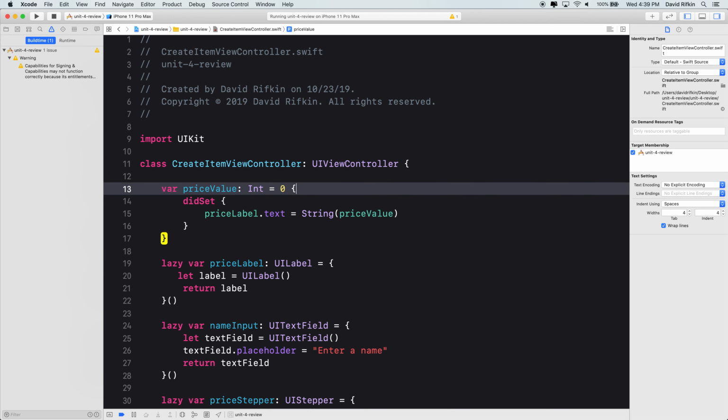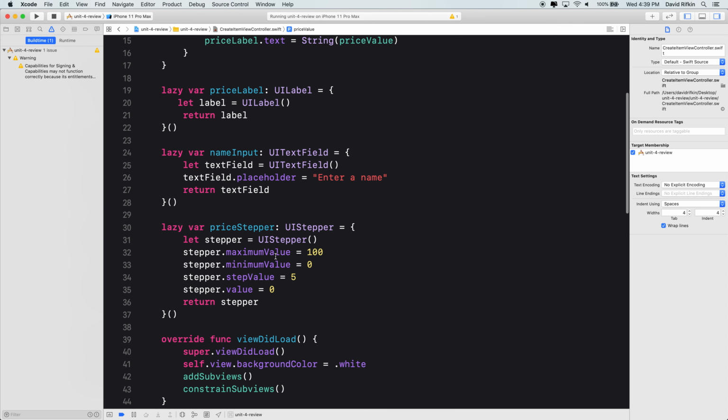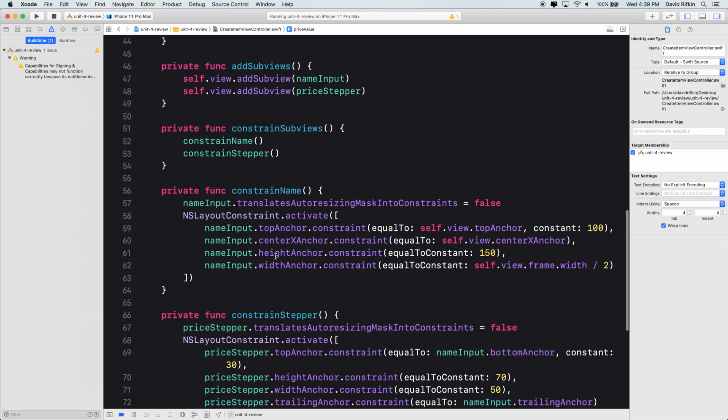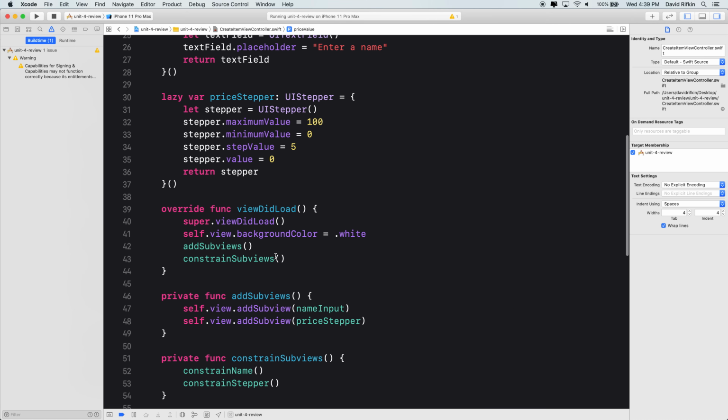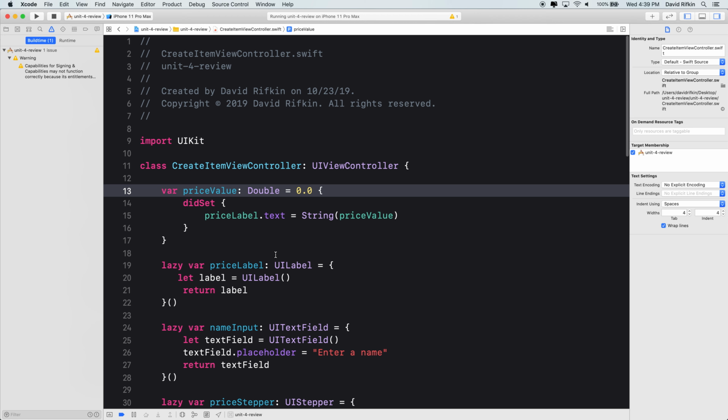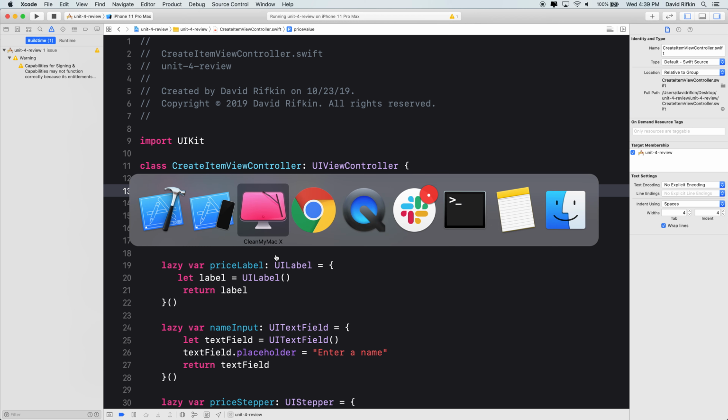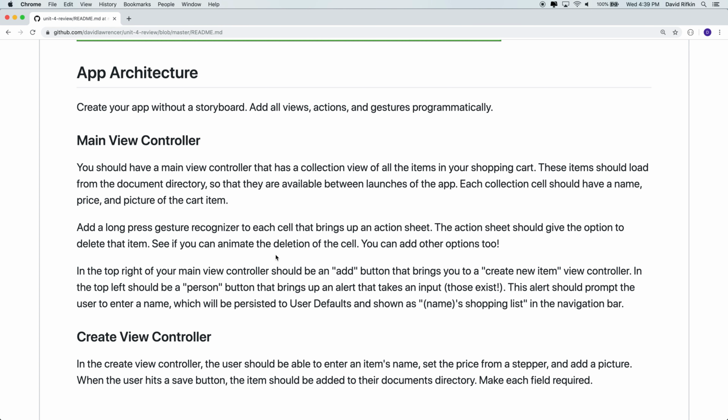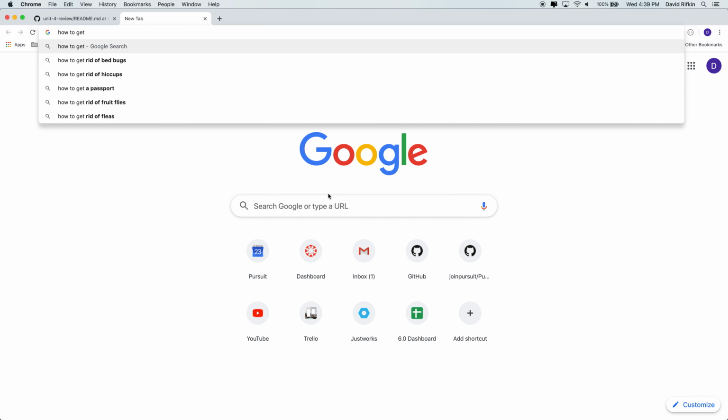I'm going to make this a Double actually, so it's easier for us to work with when we convert between CGFloat and Double, like we will often do. The last thing I have to do is figure out how to capture the value of a stepper programmatically. So let's figure that out. How to get value of UIStepper